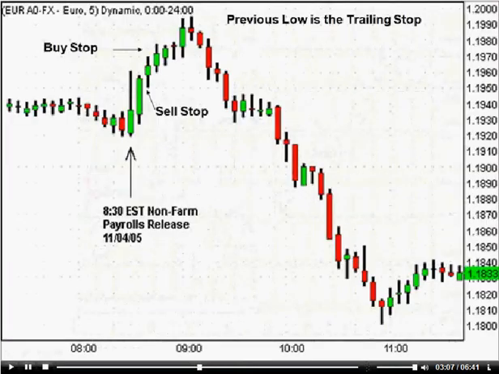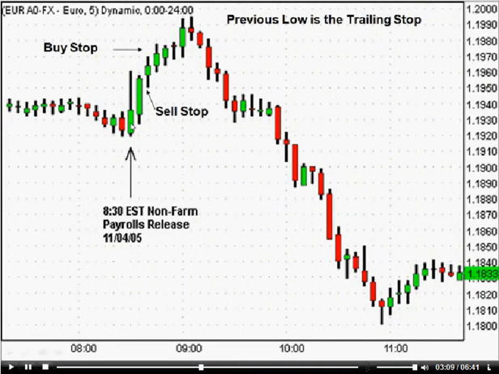Let's take one more example. Again, this is the 8:30 bar. You ignore this bar. You look for the next bar, so this becomes the valid bar because this has gone above the high. So you place a buy stop order 15 pips above the high and a sell stop order 15 pips below the low. In this case, since it's gone up, the buy stop order would have got executed.